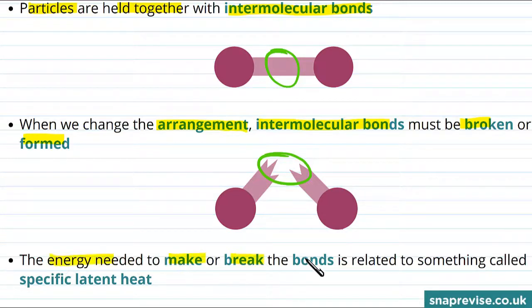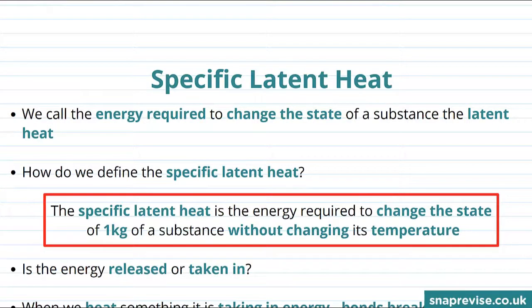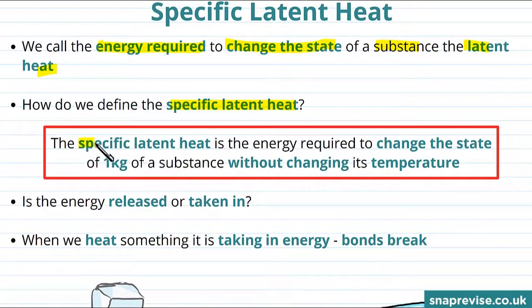And the energy needed to make or break the bonds is related to something we call the specific latent heat. And because this is about the energy for breaking and making bonds, it's also about the energy for changing state. So what is the specific latent heat? Well, we call the energy required to change the state of a substance the latent heat. And then we define the specific latent heat in the following way. The specific latent heat is the energy required to change the state of 1 kilogram of a substance without changing